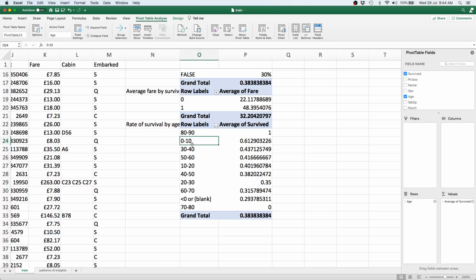Clearly, for lower values, which is 0 to 10, we see that the survival rate is pretty high, which is 60%. And that makes sense. Children were allowed to evacuate first, but at the same time, if you look at the range of 10 to 20 years, the survival rate falls a lot lower. So there it is. These are the different survival rates as grouped by age.